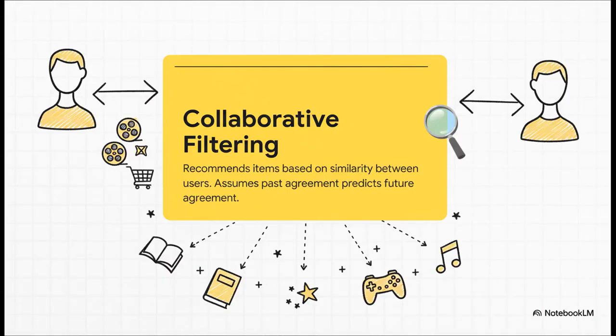First up is collaborative filtering. This is the engine that powers all those "customers who bought this also bought" suggestions. The idea behind it is super simple but incredibly powerful. It basically finds other users who have similar tastes to you. So if you and some other person have both rated the same 10 movies highly, the system figures you'll probably also like other movies that they loved but you just haven't seen yet. It's the wisdom of the crowd.